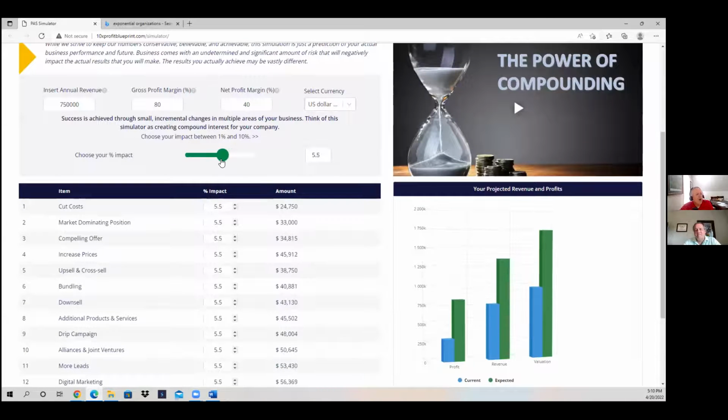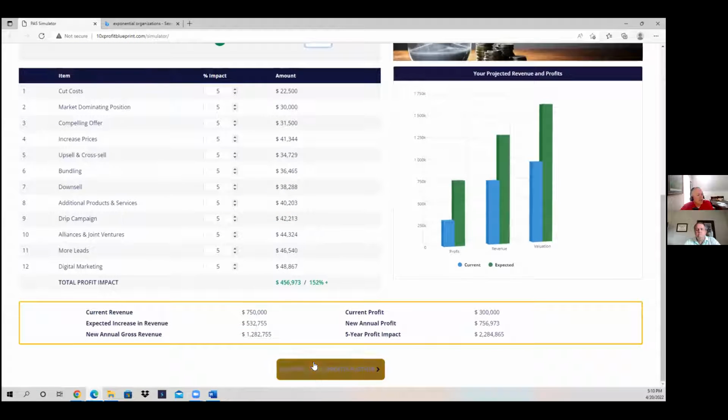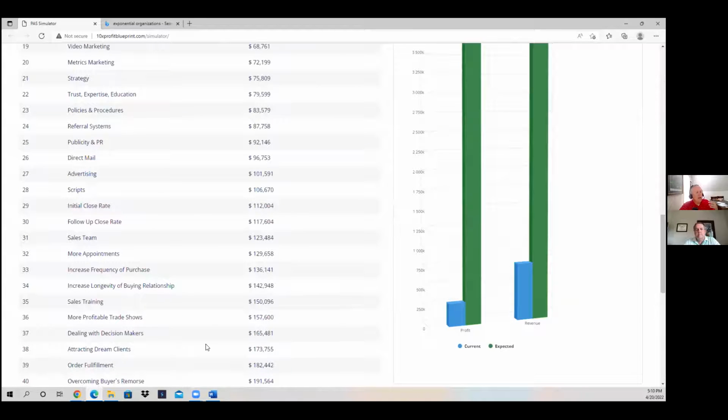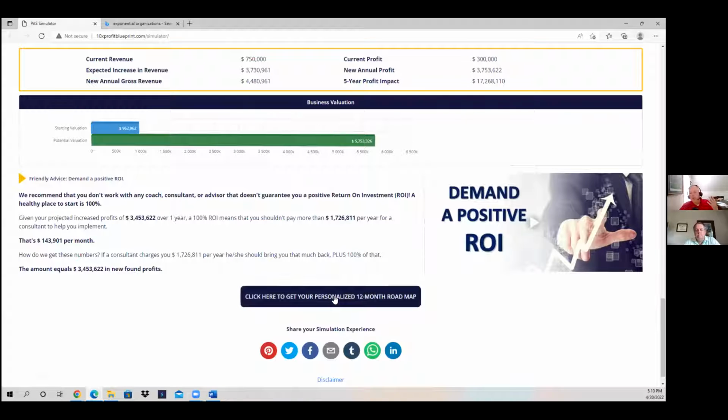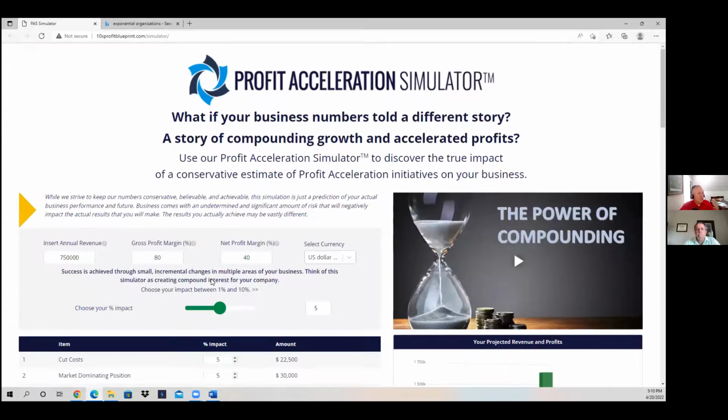Yeah. And so, but then I want to show you this thing generates the roadmap. This is kind of what we do for clients, right? So if we had a 5% increase across the board, I'll put that right there. You come down here and you could say, deep dive into your profits. Oh, by the way, there's another 40 different things we could go into. But at the bottom, we could click here to get your personalized 12-month roadmap. So I wanted to show everybody what a 12-month roadmap from this profit acceleration